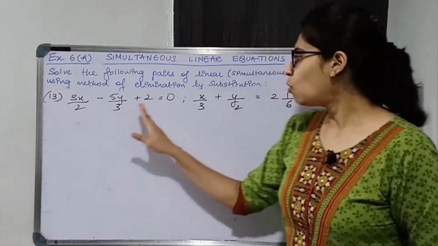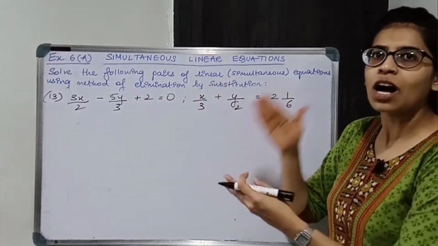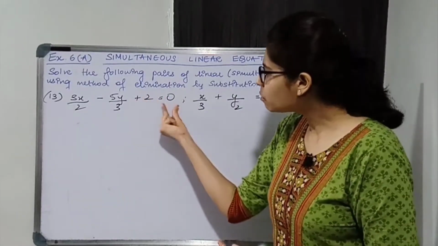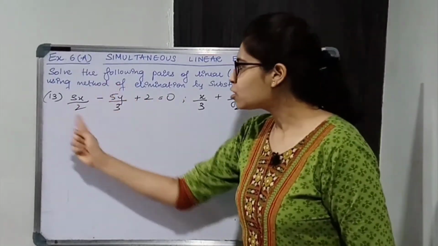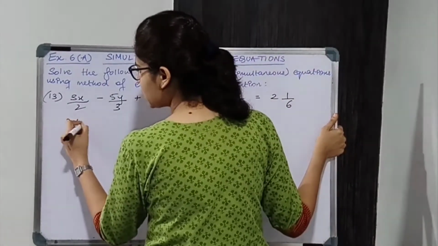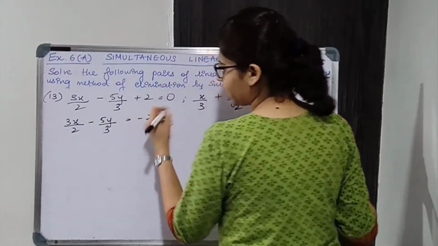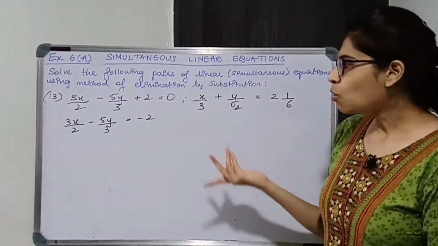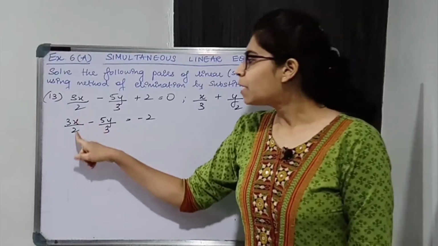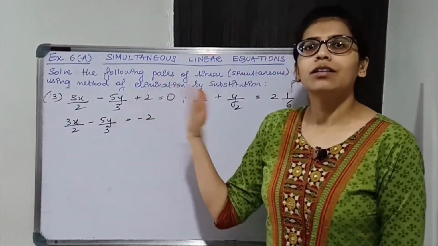Okay, so let's shift constant in the RHS. Constant हमेशा RHS में ही रखते हैं. So ये constant term को यहाँ पे shift कर देंगे and we'll solve this part. So 3x by 2 minus 5y by 3 is equal to minus 2. Okay, so LCM में what you will do, you will multiply and divide by 3 over here and multiply and divide by 2 over here. Other way is